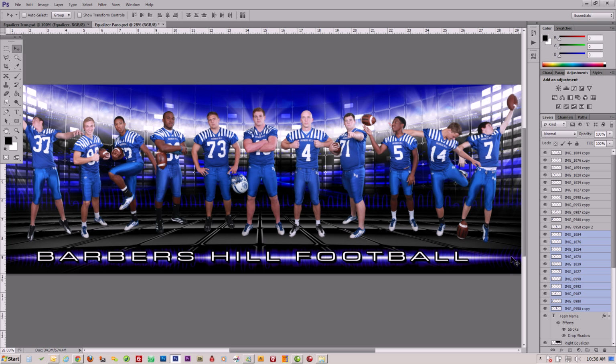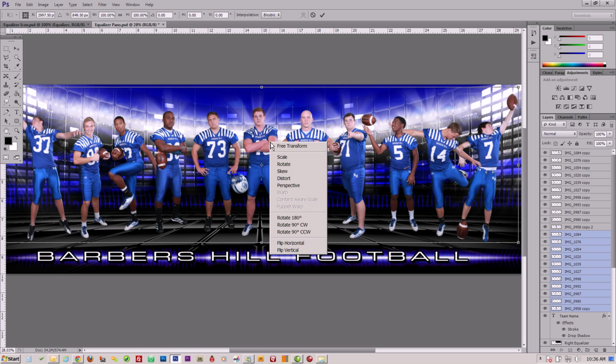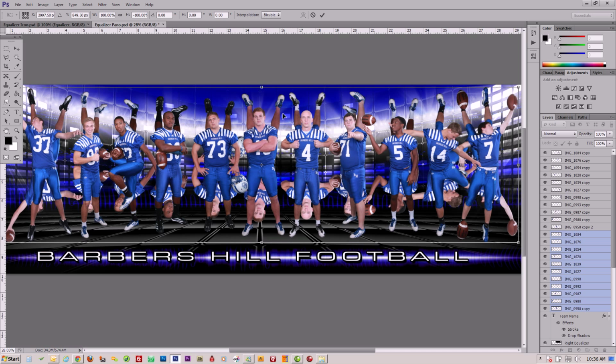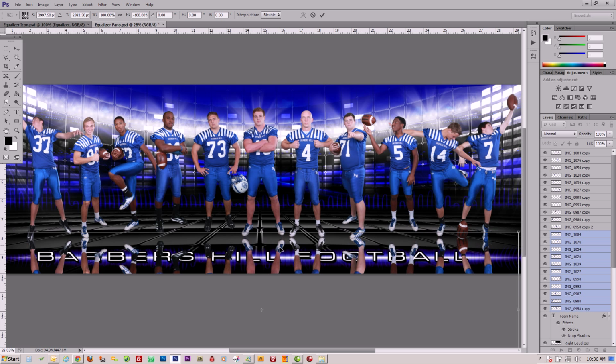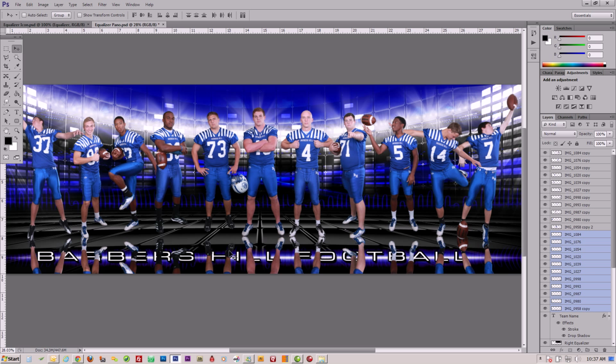We're going to select them all, Control T, right click, flip vertical, and you have the whole team vertical, and we're just going to drag them all down. Now if you notice, everybody's different, because as I said before, when they turn sideways and they're in different spots on the template, they may not line up all right. So I'm just going to line up one of them here in the center, right here. I'm just going to apply this, and then at this point I'm just going to bring them up